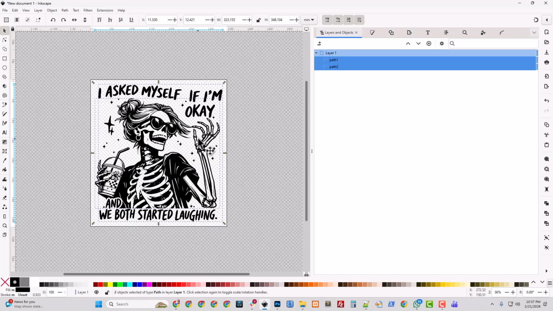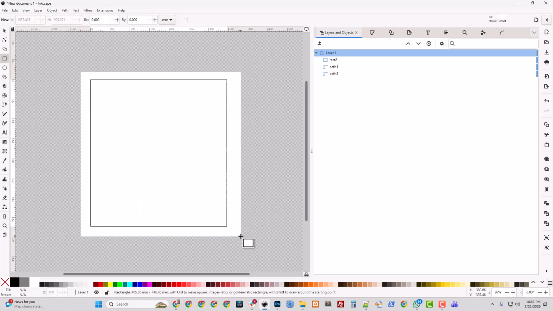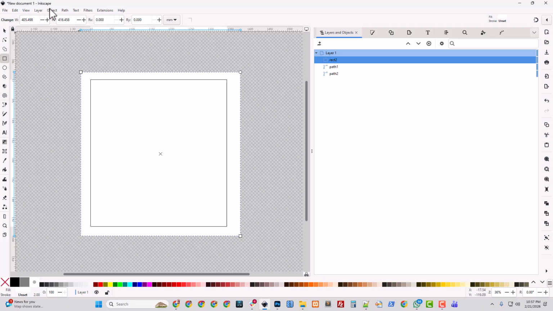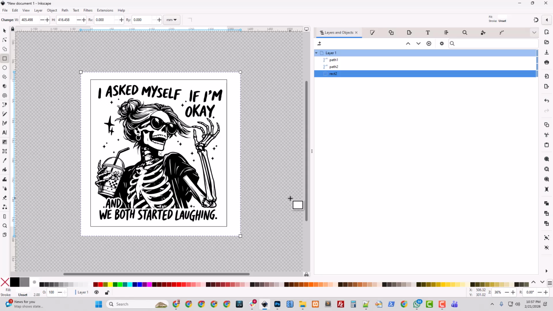But again, if I was doing a black design on a white t-shirt, so if I was doing knockout white, I'm done. And I can tell that, because I can just literally grab white and draw a square behind this thing, and lower objects to bottom, and I can see that it looks the way I want it on a white shirt. But if I take that rectangle and make it black, it's not going to be great.